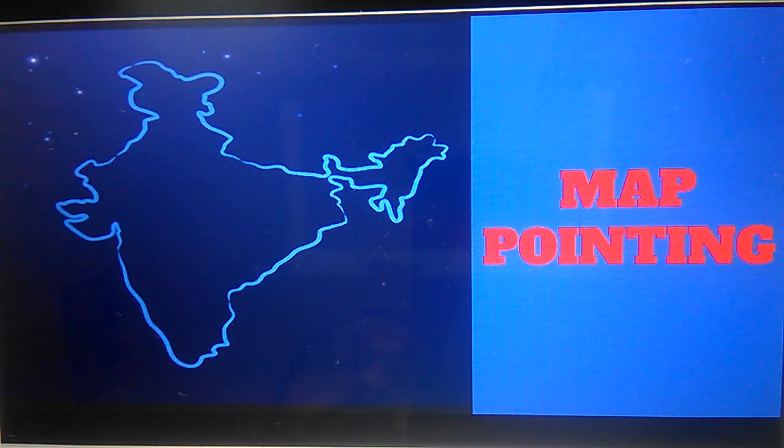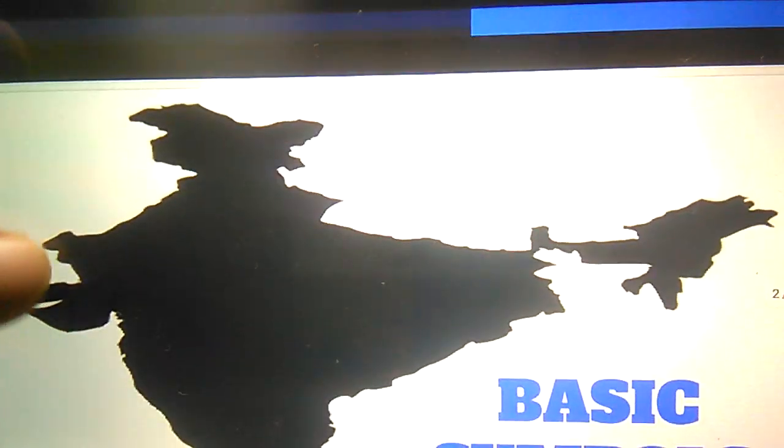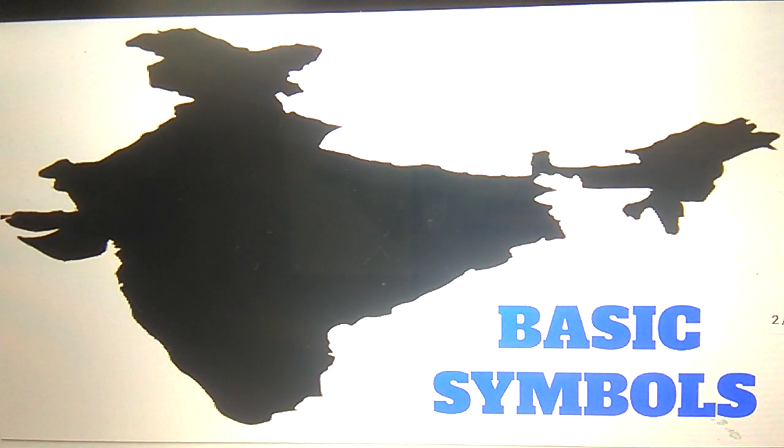First, today of course we are going to discuss the basic symbols that are there in map pointing. In fact, these symbols we had discussed in class 9 also, but we will be discussing them again, as you may have forgotten. Now, normally map pointing should be done with the help of a pencil only.